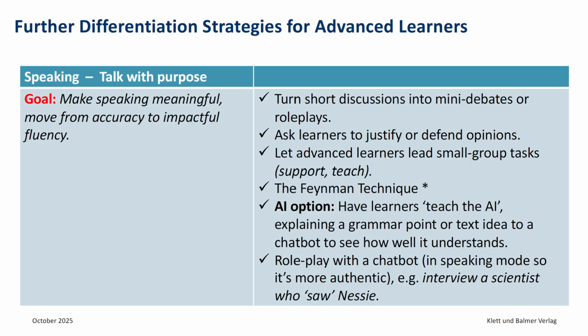So, for example, with those advanced learners, give them a topic, or perhaps a grammatical point, vocabulary, whatever it is in the unit, and then they need to prepare a 1 to 2 minute explanation in simple, clear language, as if they're teaching their younger brother or sister,